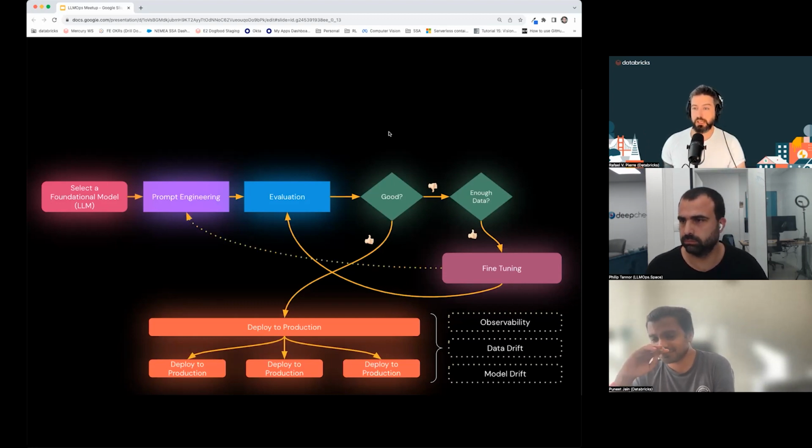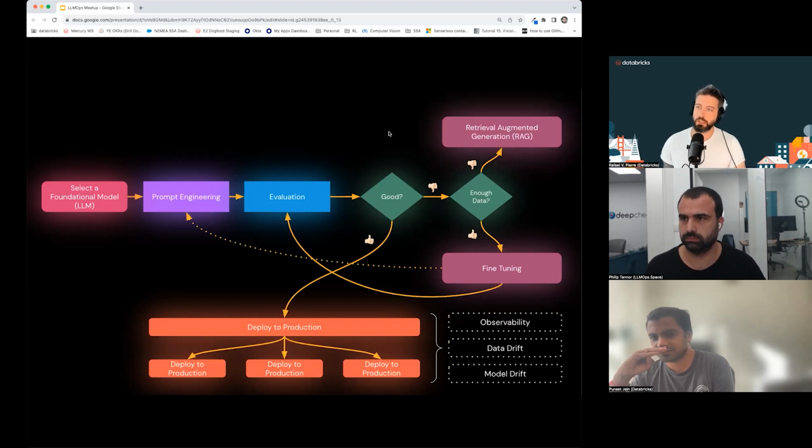But it could also be that after fine-tuning, we want to go with a hybrid approach. After fine-tuning, we want to experiment another time with prompt engineering and find out what is the best way to ask questions. The other possible scenario here, if you don't have enough data, you can